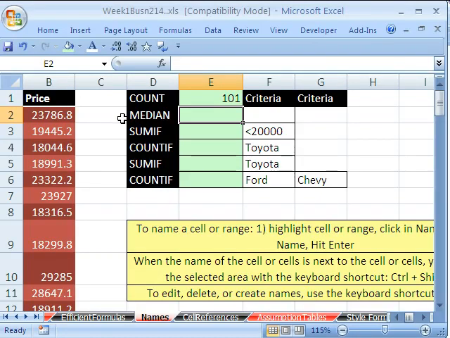You don't want a huge $5 million house dragging up the average. So median is a way to get around that. Median you use when you have really small or really big values. Notice,